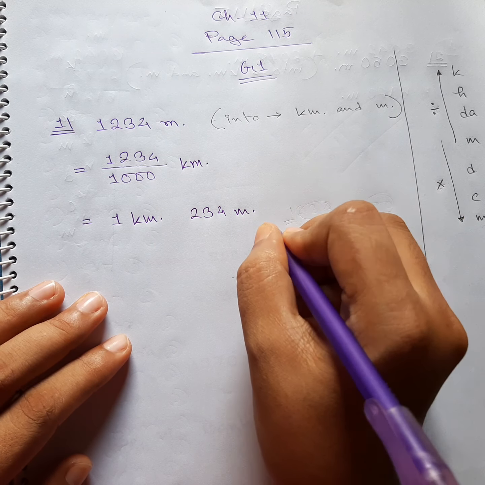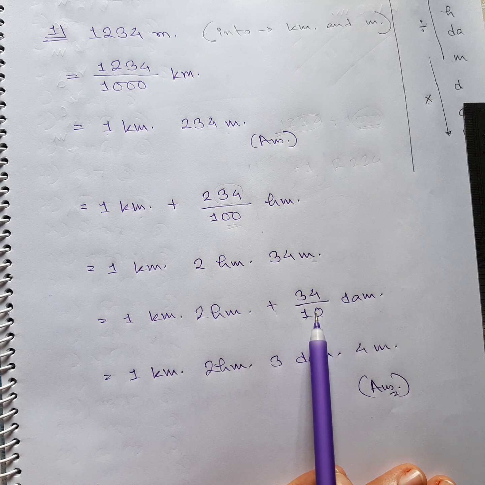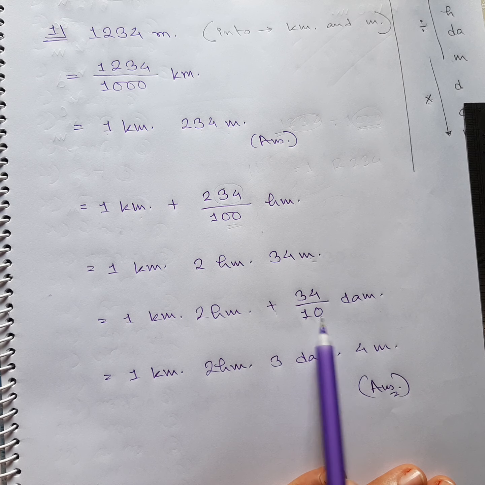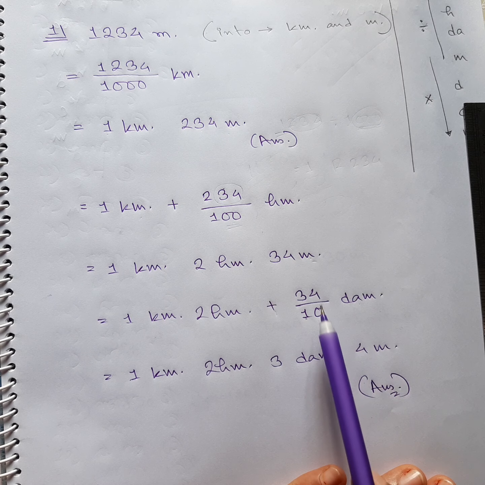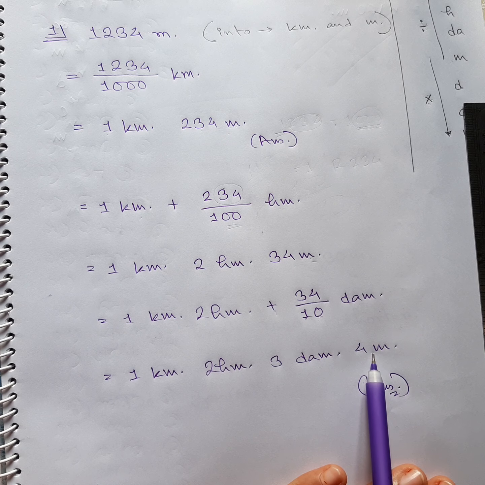In the same way, this part of the math is done and we are not going to touch it, so we keep that part here, and as we do math for this part, we give a plus over here. Remember that if you are doing math, you have to separate the parts with a plus. Now 34, we have to go for decameter, meter to decameter, 2 steps, 2-digit number. So we divide 34 by a 2-digit number, the unit becomes decameter, but the remainder goes back to our previous unit, which is meter.